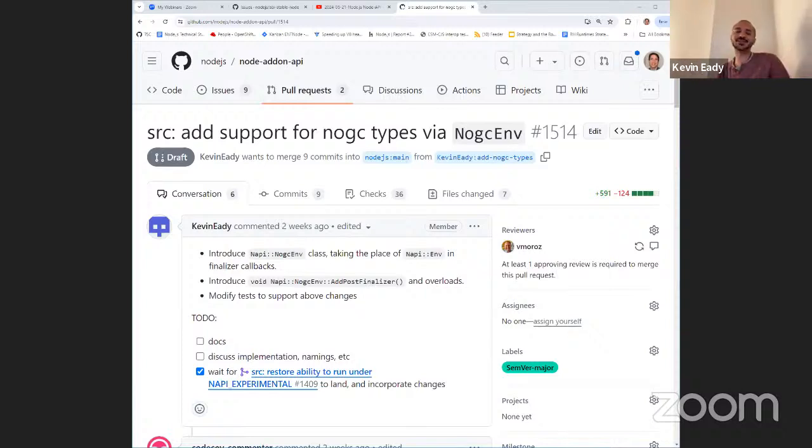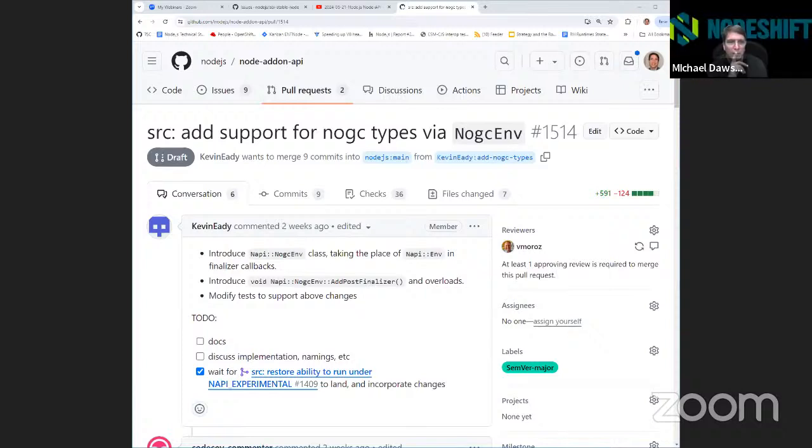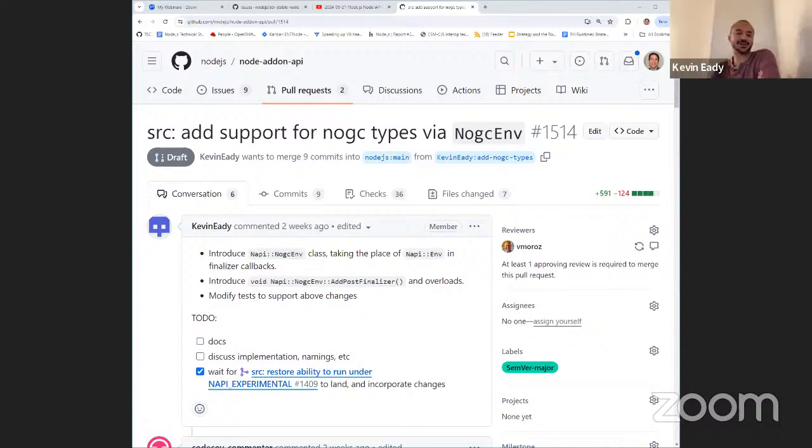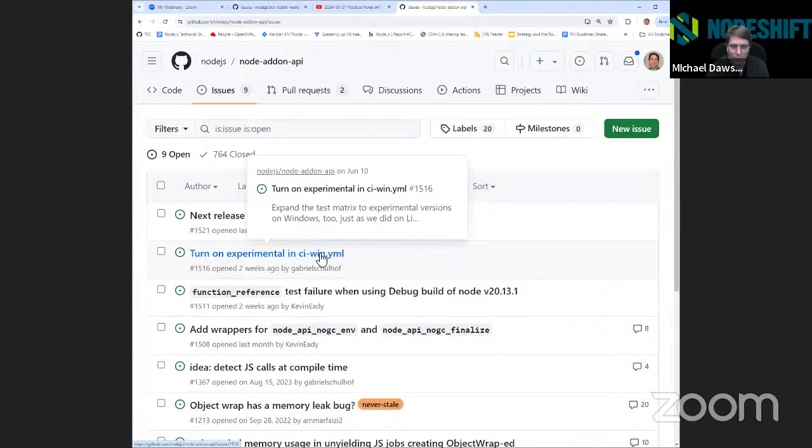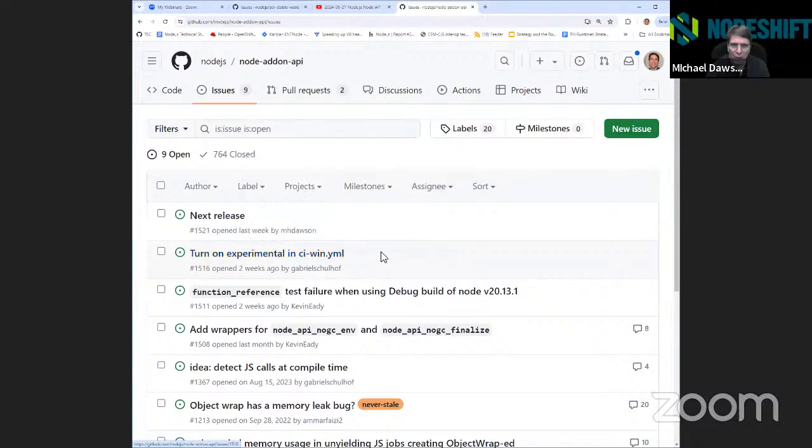Just something to bring up. I don't know if we wanted to make a new issue or just update Gabe's issue to also talk about coverage. Which one was that? This one? That one, yeah. My first thought is a new issue, because we might turn on experimental, and that sounds like a simpler thing to do, right? Is turn on experimental for CI for